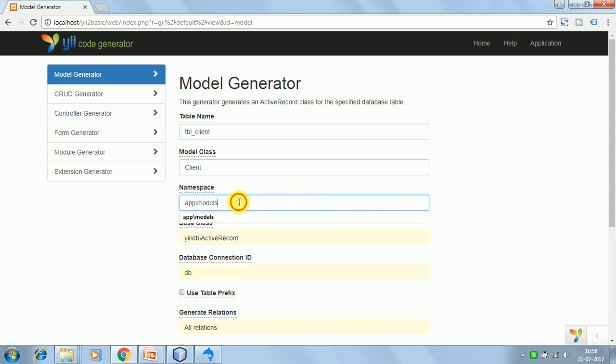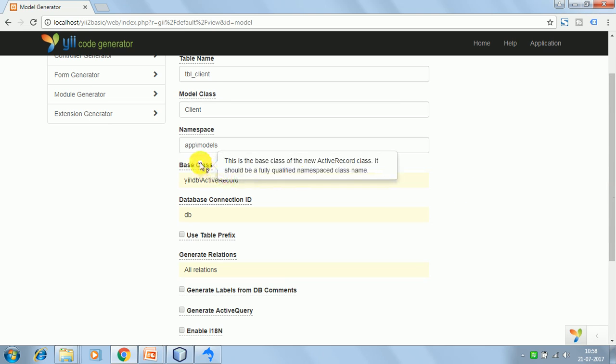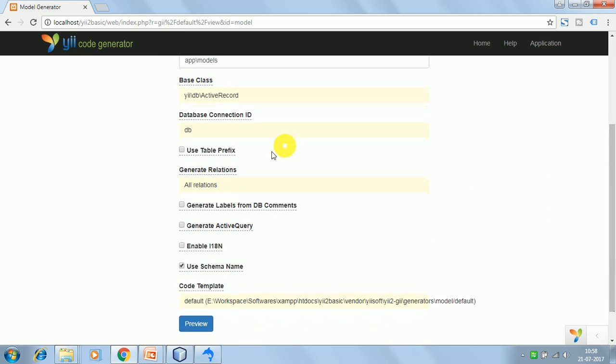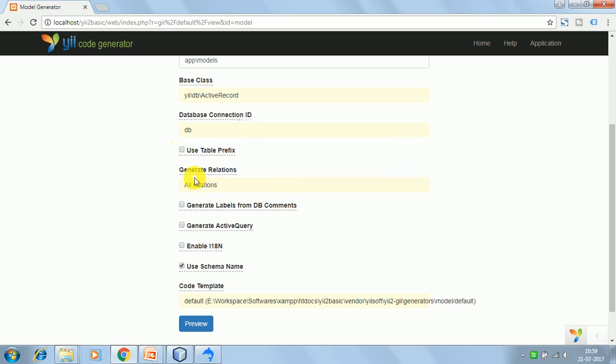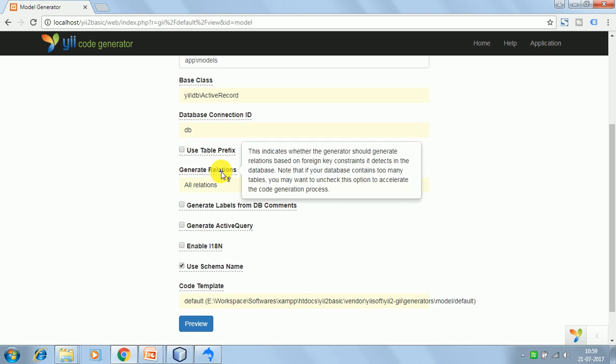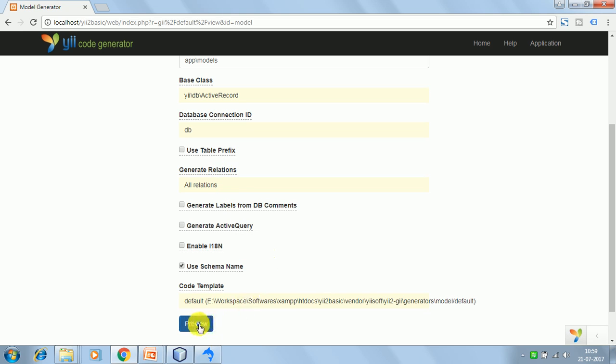This is the namespace for the models, and the base class from which the model would extend is ActiveRecord. Then, what is the database connection ID for this active record? It is db. Do you want to use the table prefix or not? You can select that option over here. Next is generate relations. I would not go into the depth of it right now because I would discuss it when we discuss relations in active record. If you click on preview,